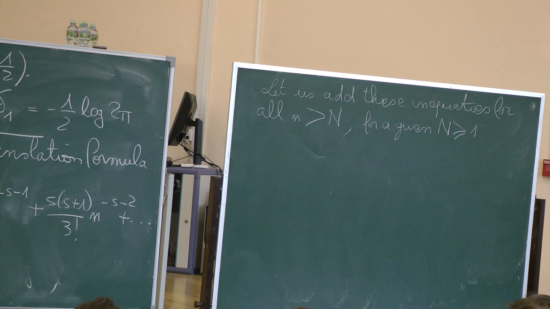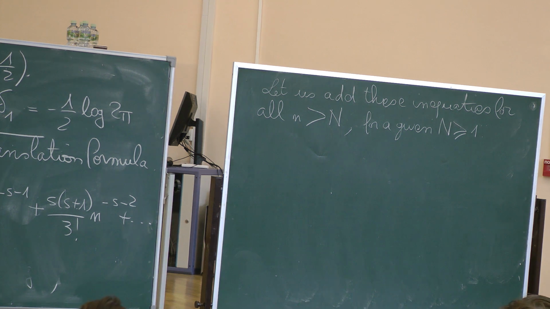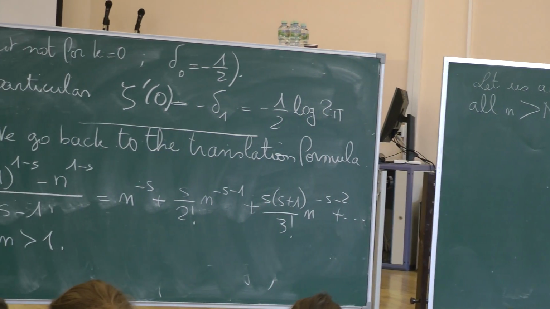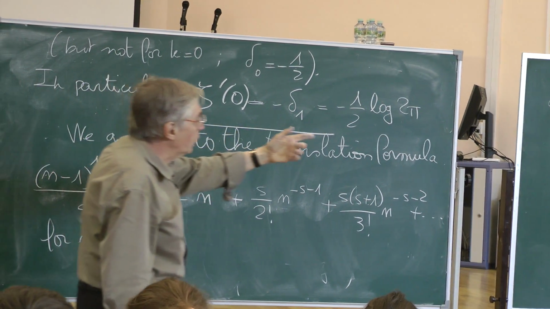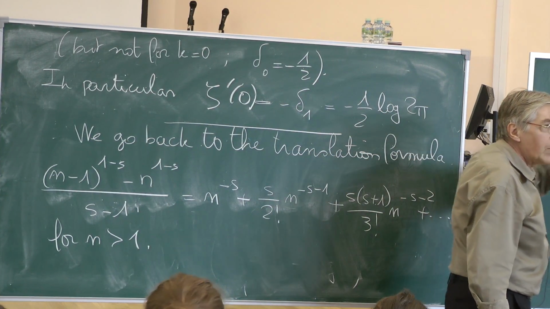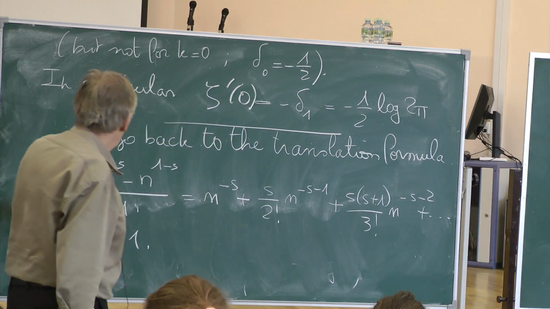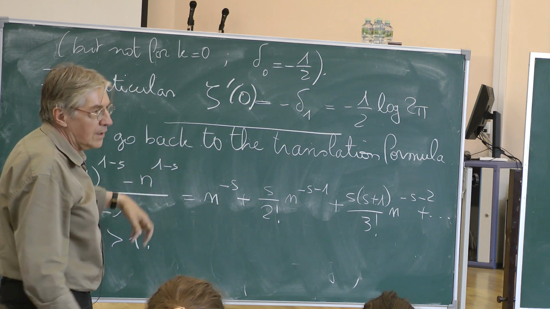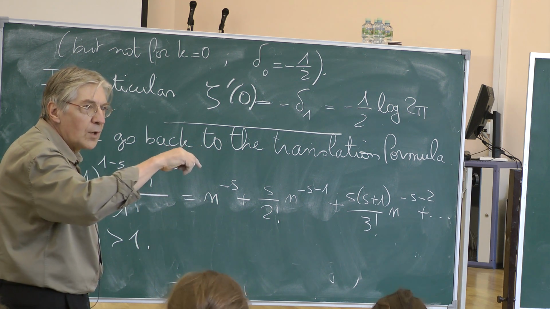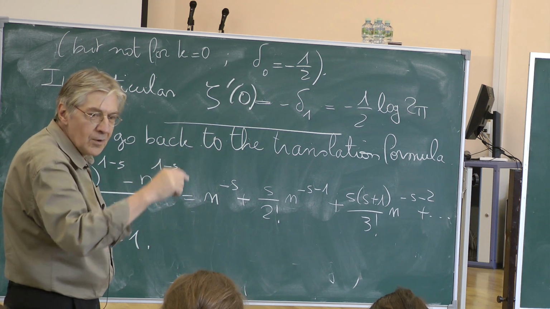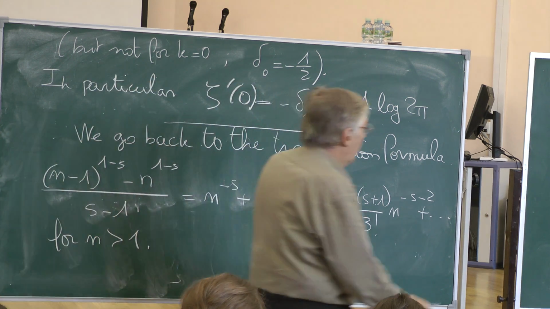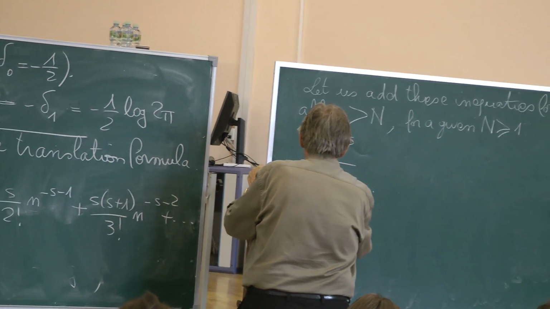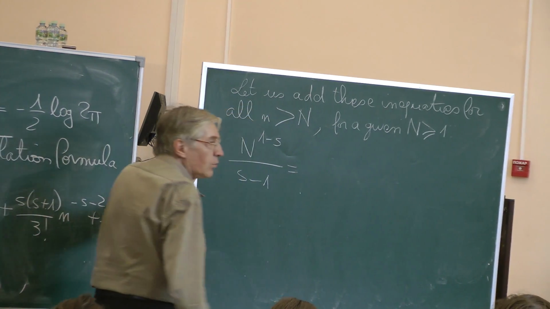So when I add the things on this side, in fact I have a telescoping series. The first term corresponds to small n equal capital N plus 1, and therefore I get capital N to the 1 minus s minus capital N plus 1 to the 1 minus s, and then capital N plus 1 to the 1 minus s minus capital N plus 2 to the 1 minus s. When I add all this, I get capital N to the 1 minus s divided by s minus 1 is equal to